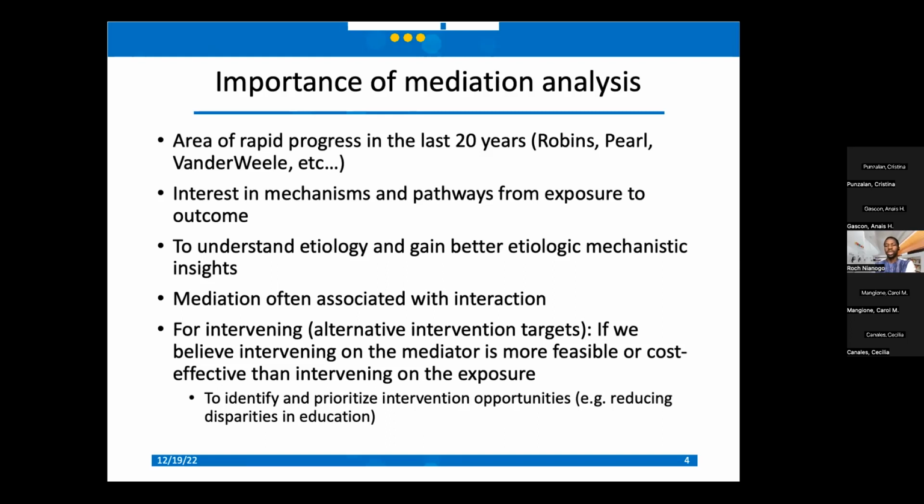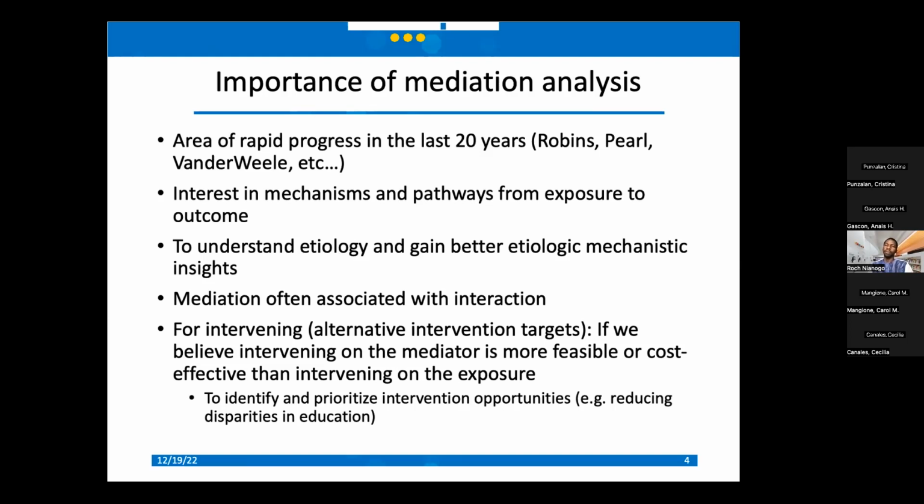It's become very interesting because as scientists and physicians, people become interested in mechanisms and pathways from exposures to different outcomes. It helps us to better understand the etiology, as well as to gain better etiologic mechanism and insight. The notion of mediation analysis is actually related to that of interaction, which we'll see in a bit, but it's important to distinguish the two.